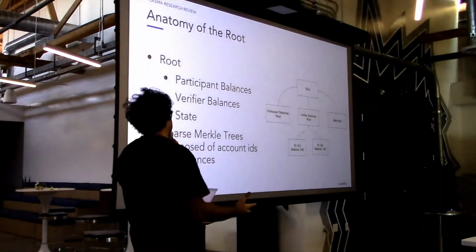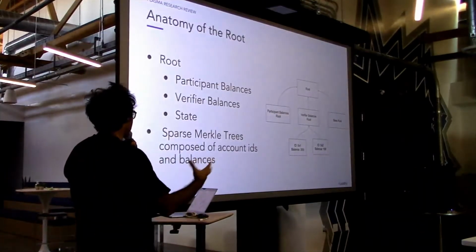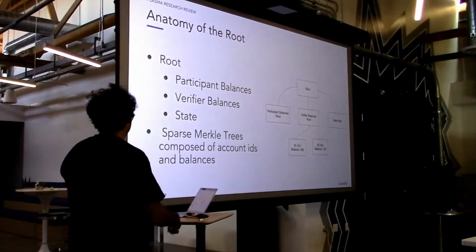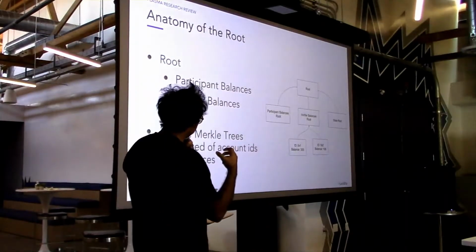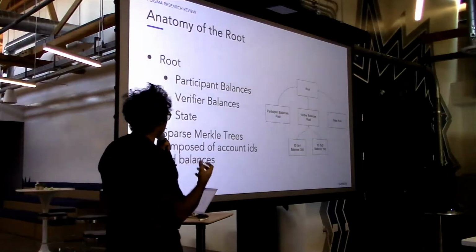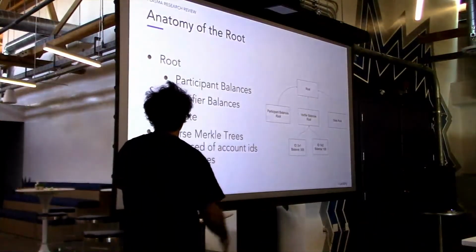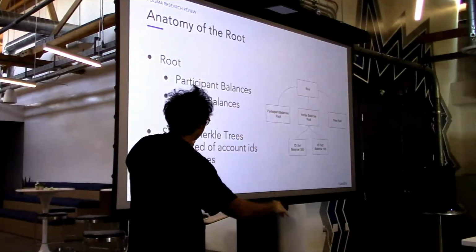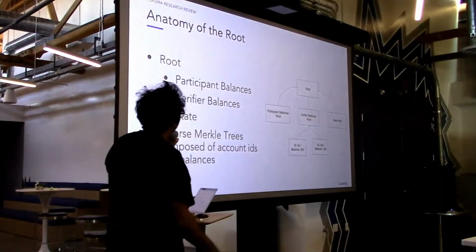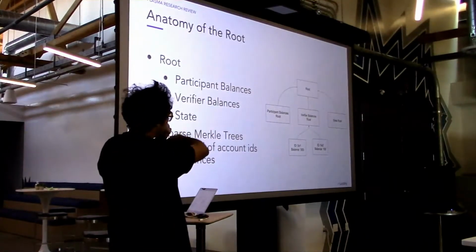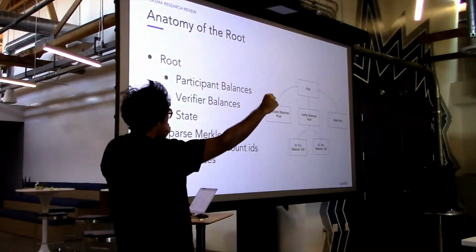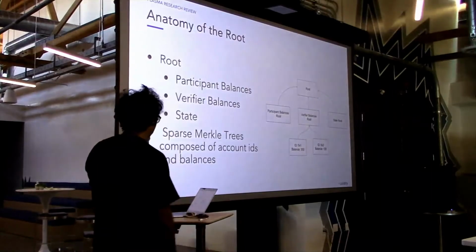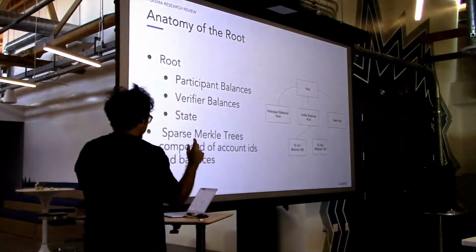So here's how we envision, well, this is how our application looks, and we think this is a good way to generalize things, especially this mechanism. It's able to protect the balances through a plasma-like banking mechanism, which I'll get into. So our root state is composed of three subtrees. We have one tree which is composed of the participant balances. Then we have another one which is the verifier balances, and then we have the root of the state.